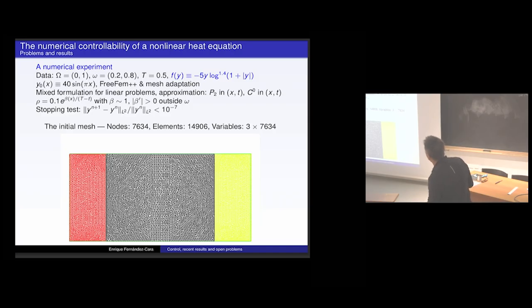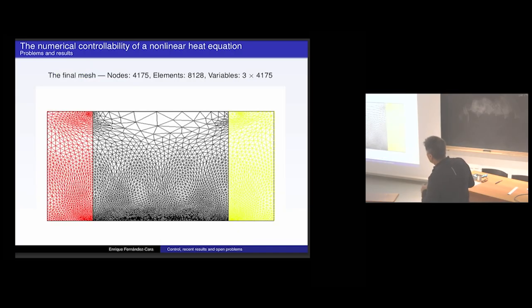Some work has to be done. I have applied also a technique in which the triangulation, the mesh, is adapted to the results that I'm getting. This can be done with FreeFEM easily, and I have applied this technique just to simplify the computations. And you see that the final mesh has much less triangles and nodes than the initial one, because you know